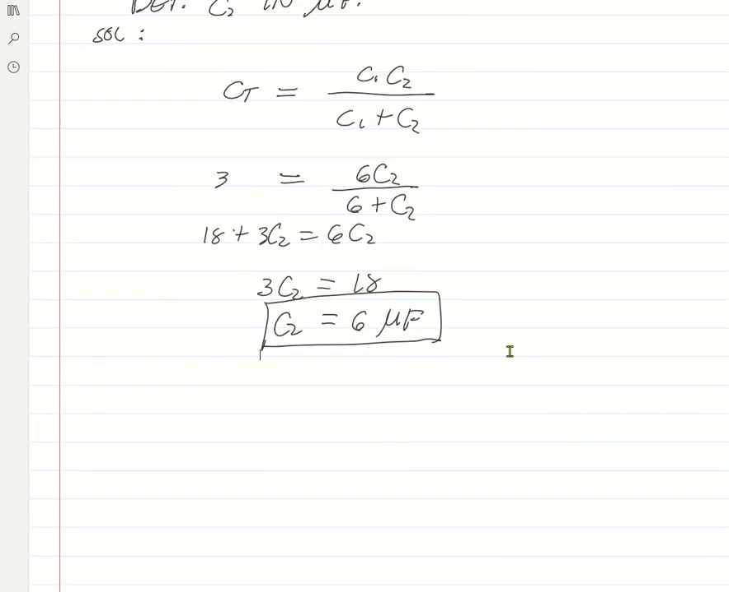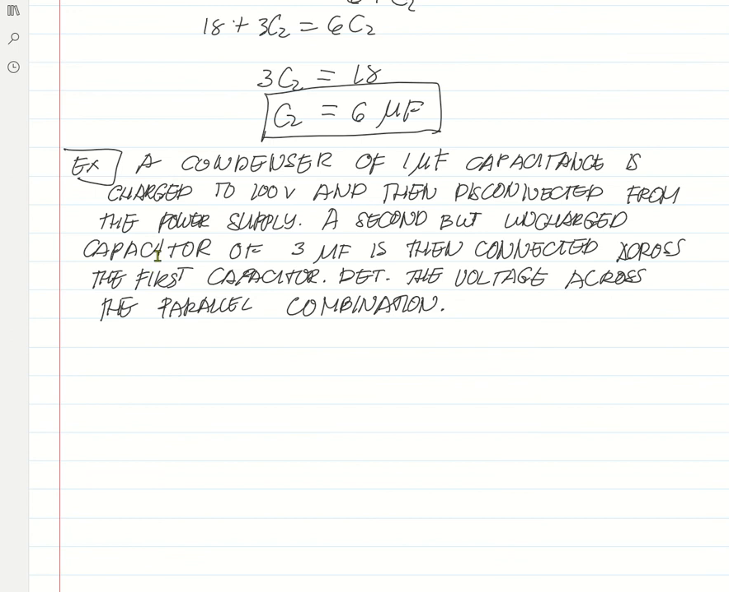Another term they use for capacitors, if you encounter this term, is the condenser. So that's another term for capacitor: condenser. Before, they called it condenser. This is another example. A condenser of 1 microfarad capacitance, so condenser means this is a capacitor, is charged to